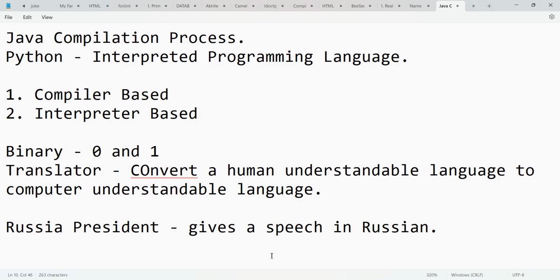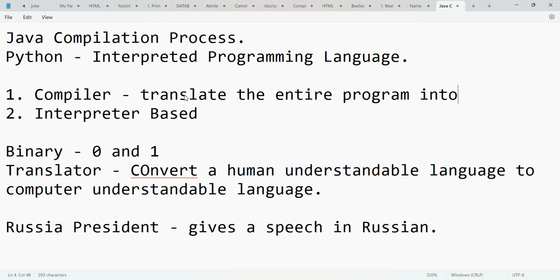So these are two types of translator, one who translates it live, the other who translates the whole speech together into a human understandable language, that is English. Same case goes with a compiler. Compiler based: the compiler will translate the entire program into binary language